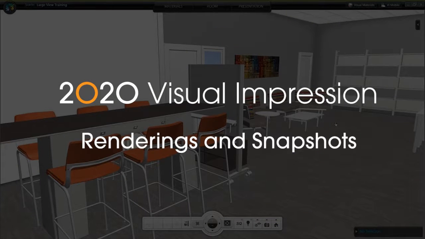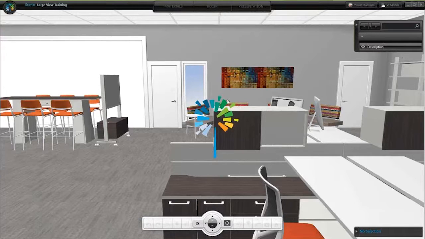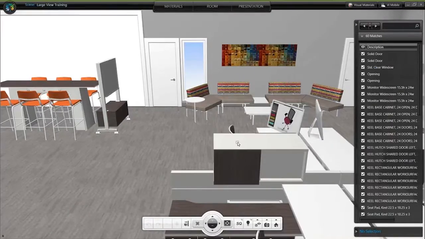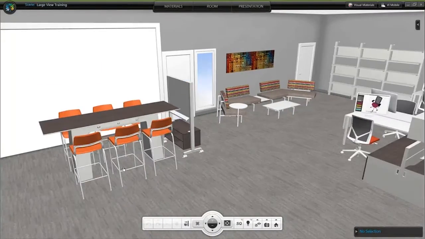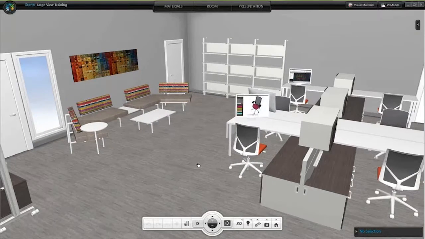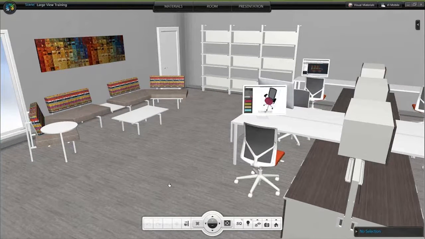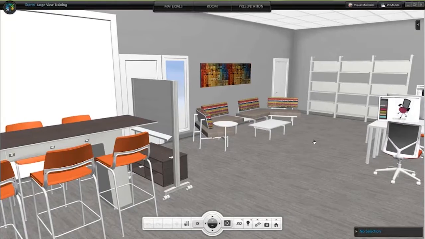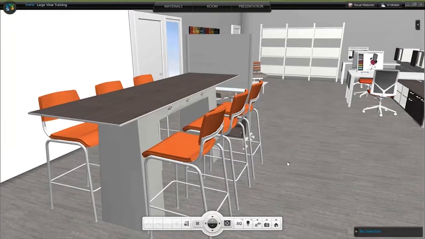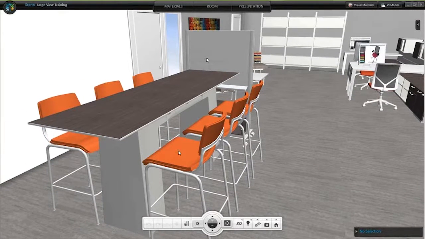This is opening up. You're going to see not only do we have our low seating in the back, but adjacent to that is this high top table, and just next door is a department, so a team is working here. How could I show that off in my presentation? So let's take a few different snapshots, or look at this a couple of different ways, where if I want to focus and really sell the concept of this high top table, maybe I get a view